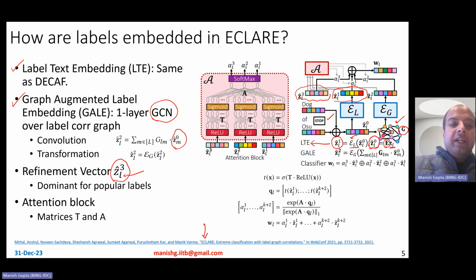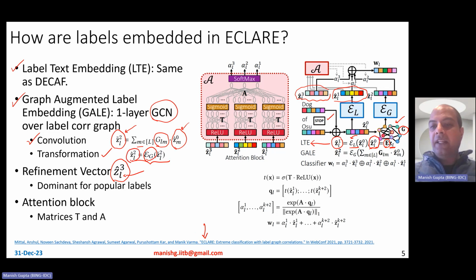The main idea of graph convolution is to look at neighbors and come up with a revised embedding for the node based on its neighbors. For any label L, you look at its neighbors M, the similarity between neighbors is defined by this graph, and then you learn a representation for the label L based on the representations of these neighbors. While considering these neighbors, you can also consider the self as a neighbor, because your label correlation graph would have computed a self weight as well. Then you do the transformation, which is again done using the same embedding block, so that's a reuse of this embedding block. That gives you your ZL2.